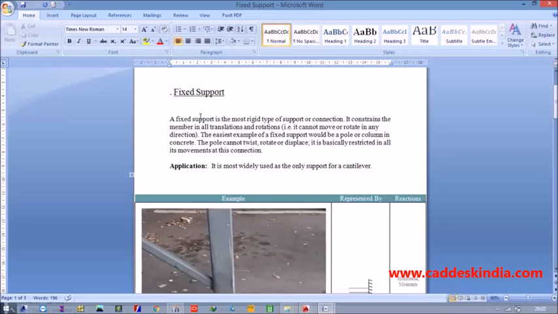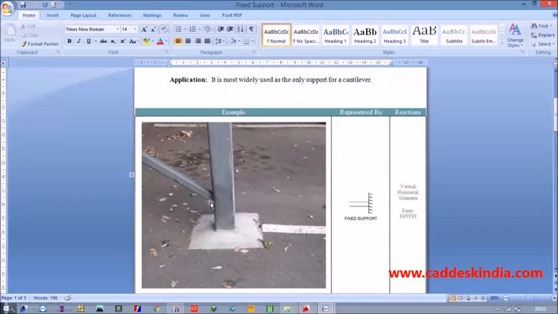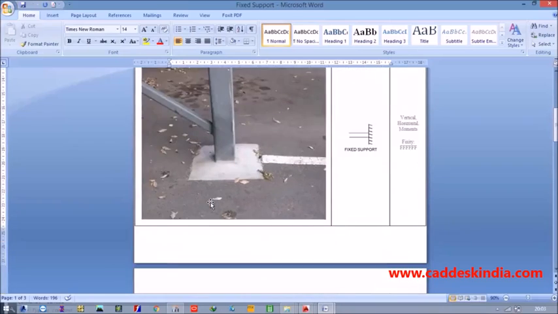Here, an example of a fixed support would be a pole or a column in concrete. A pole or column cannot twist, rotate, or shift, so it is restricted in all its movement at this connection. It is widely used as a support for a cantilever,